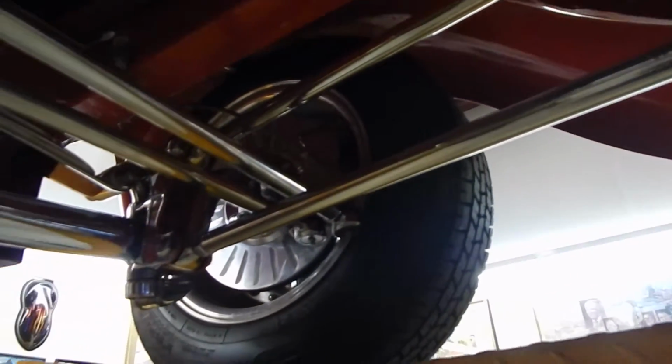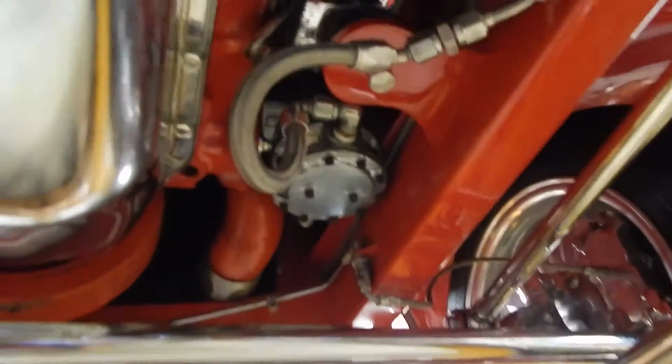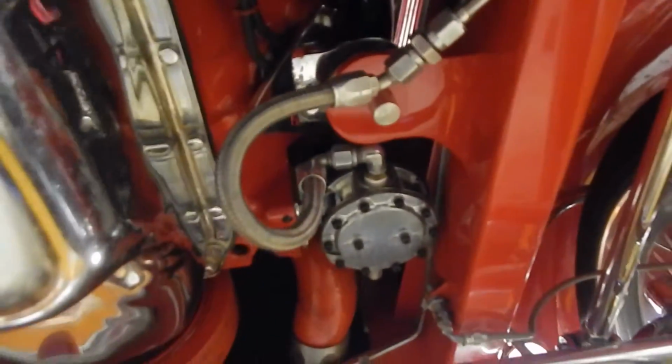Neat thing here, if you look at this front axle, it's a 4-bar front axle, dropped axle. It's got a Teflon bushing on it. In order to keep this axle from going side to side, you'll see guys put panhard bars and so on the front end. But this has got a bushing that this rides in, and it goes straight up and down. This axle doesn't move at all. Dick would build cars to drive. This is a show car, obviously, but even the, as we get up here,